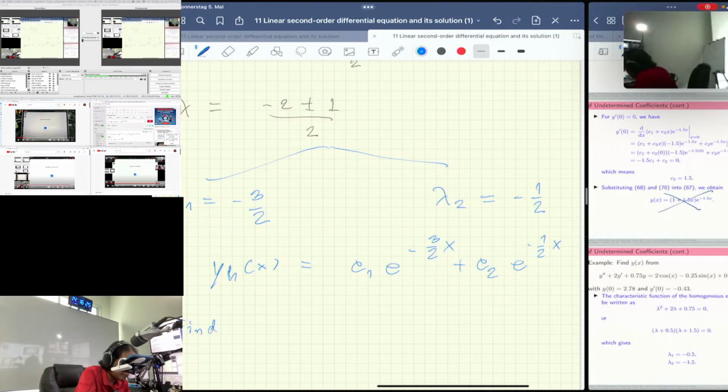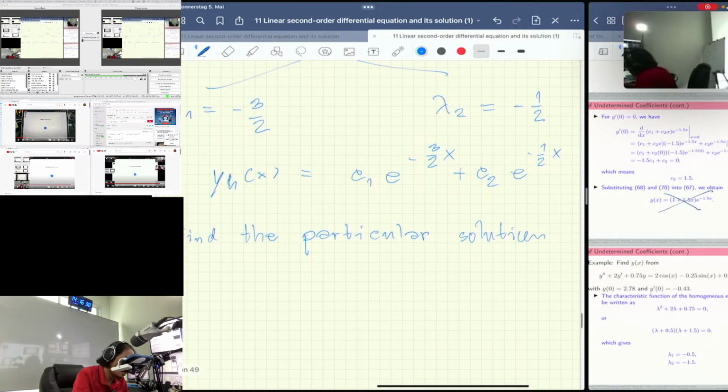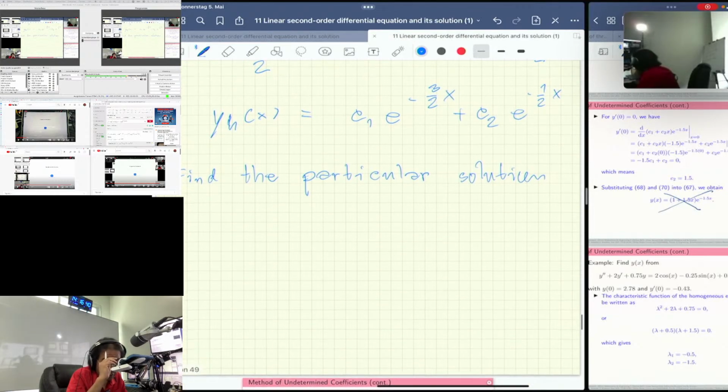Find the particular solution. Okay, we're going to find a particular solution. Of course, we know that R(x) is not 0 and it's equal to